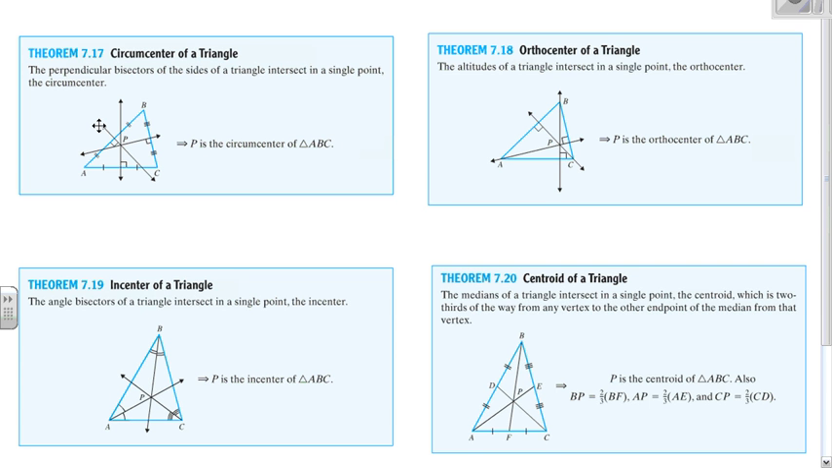There are four different types of centers of a triangle that we're going to look at. First, there's the circumcenter, which is formed by drawing all the perpendicular bisectors of each side. Those three perpendicular bisectors will intersect at one point,